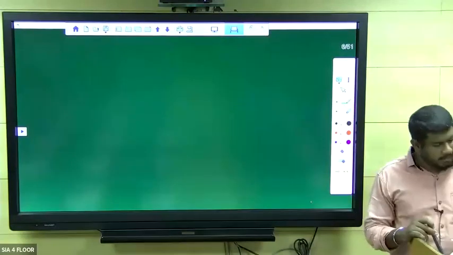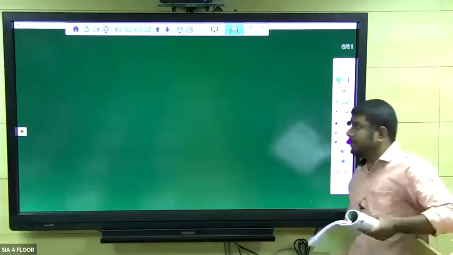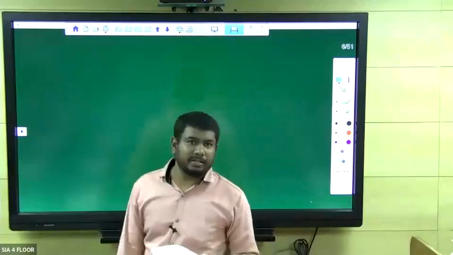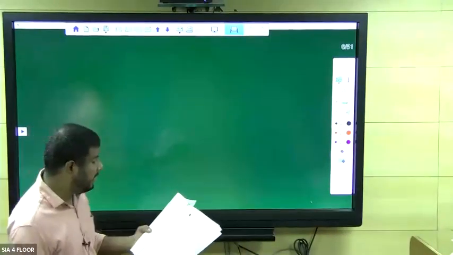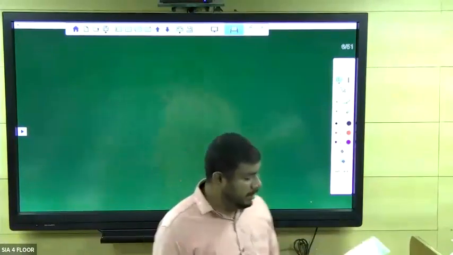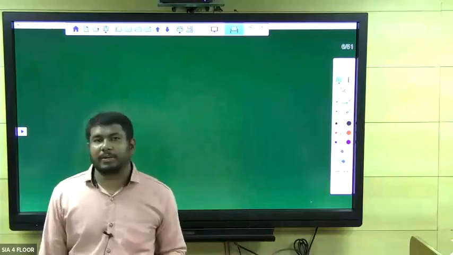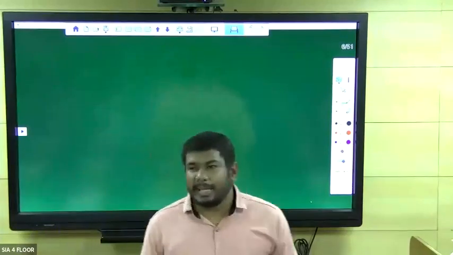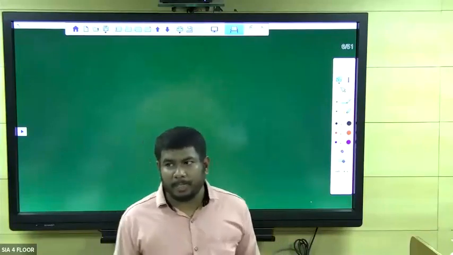So, second question. Yes, Suganya. Let me check whether your answer is correct or wrong. Five people, A, B, C, D, and E, are seated about a round table. Every chair is spaced equidistant from adjacent chairs. Very good. Equidistant is nothing but equal distance between the two chairs. Don't get confused here.